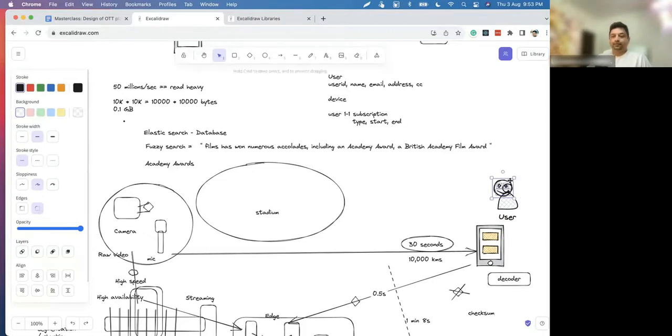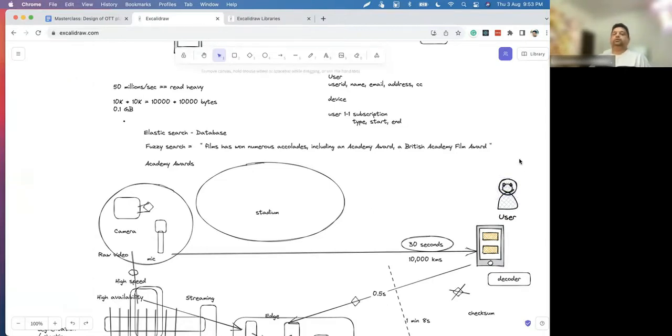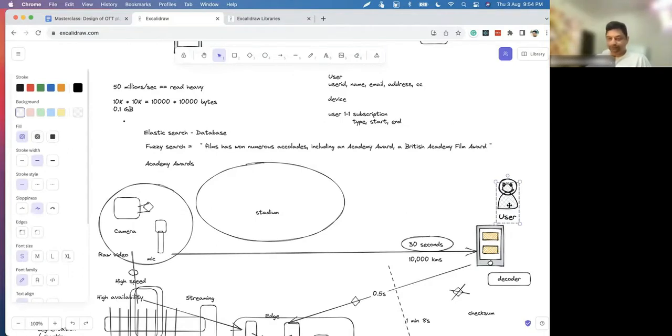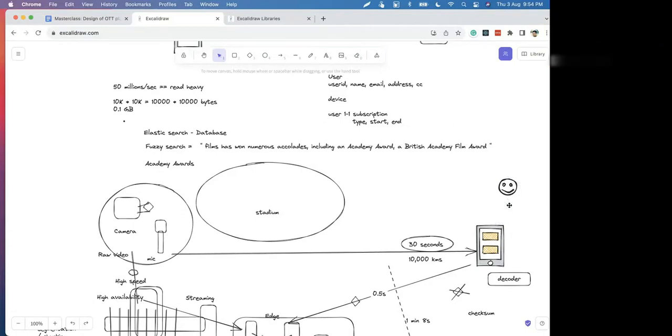Good. Wow. Happy user. Right. Because he watched the match with less latency. If the latency is more than 1 minute, then definitely it's bad, but otherwise it is good.